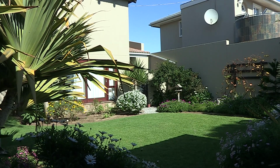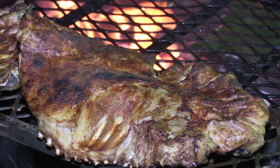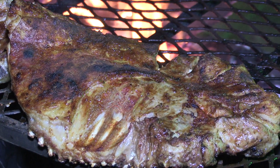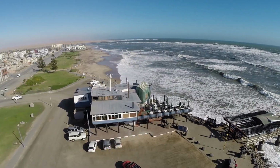Situated in a relaxed garden atmosphere, safe and secure parking gives peace of mind, and an outdoor braai makes for a typical Namibian experience. In the morning, you can delight in the view from the breakfast room on the Atlantic Ocean, a mere 300